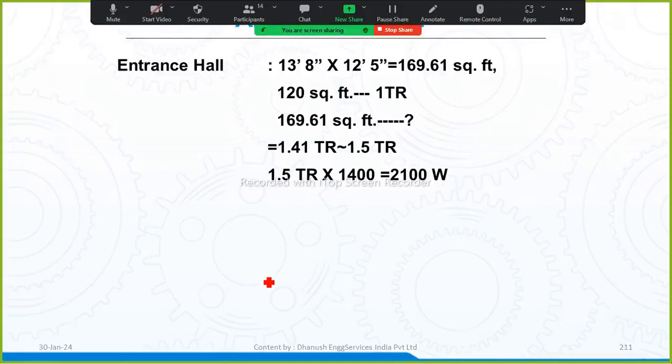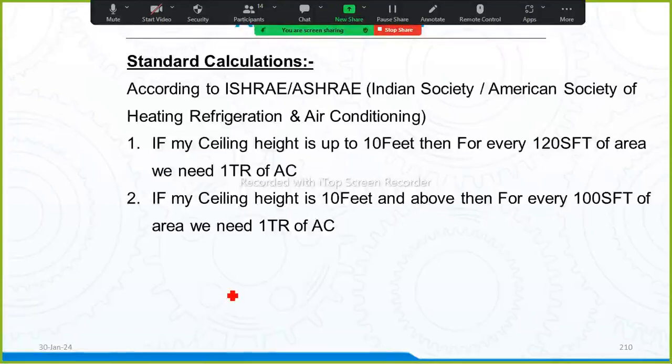सर, इसमें तो हाइट नहीं है, हाइट मेंशन नहीं किया। किसका हाइट? एंट्रेंस हॉल का। मैंने बोला ना, सारे रूम मैंने एसी के लिए 10 फीट का हाइट लिया है, क्योंकि 3 मीटर का हाइट लिया है। बट अगर आपको ऑटोकैड का लेआउट आएगा, जब लेआउट में आएगा तो वो हाइट मेंशन करेगा। ओके, इन द प्लान यहाँ पे मेंशन नहीं है। मेरे को आपका क्वेश्चन समझ में नहीं आया।